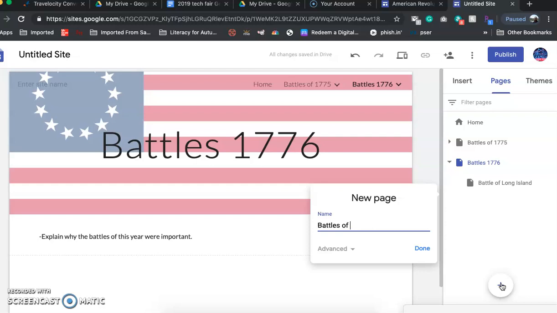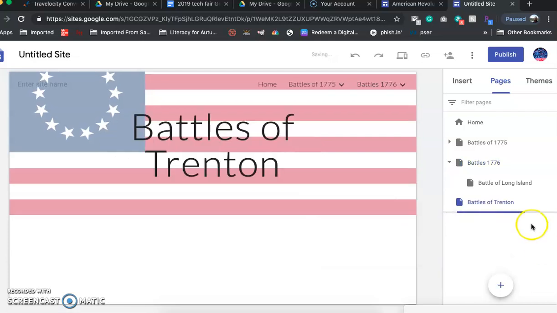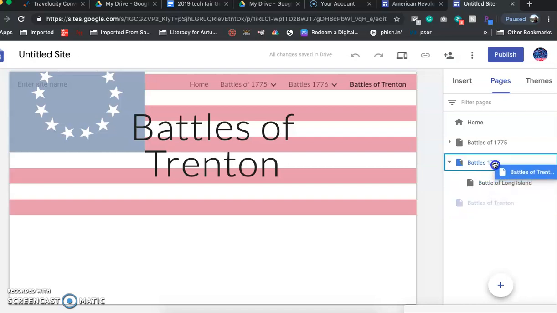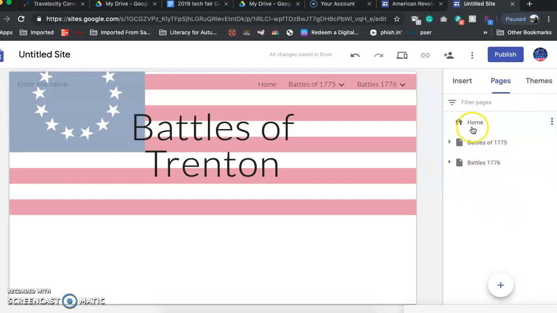Sorry. Come on. There we go. Okay, and I wanted it to be a subpage within this, so it does take a little patience. You might have to move stuff around, and there it is. Okay, so again, chapter, and then pages within the chapter. Okay, and I want to show you again, since I kind of muffed up adding this, if I want to